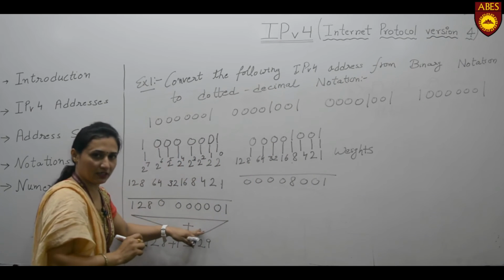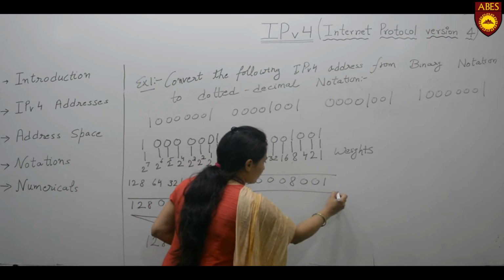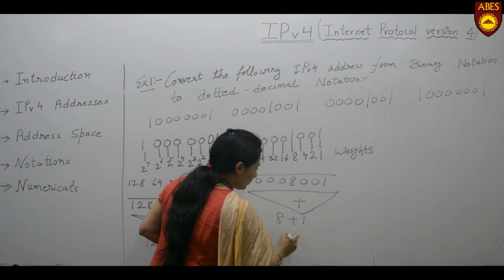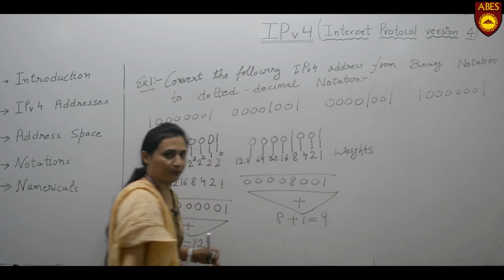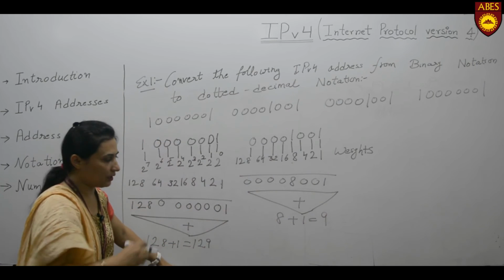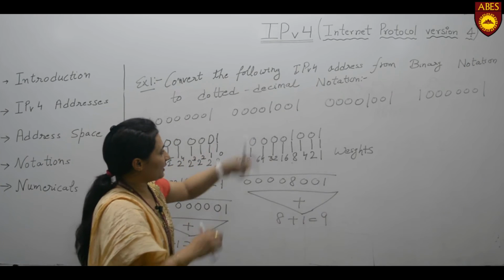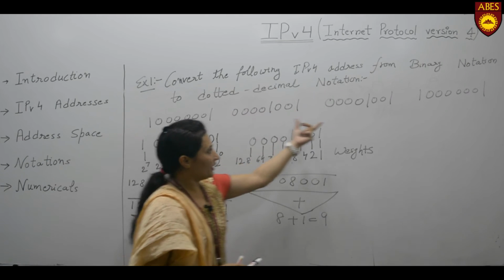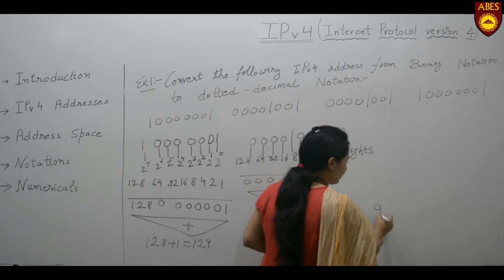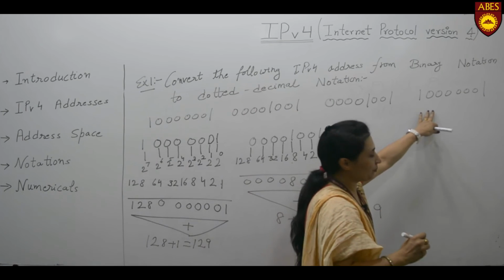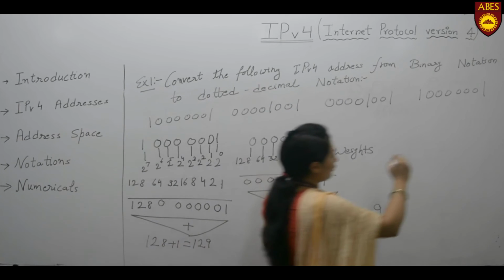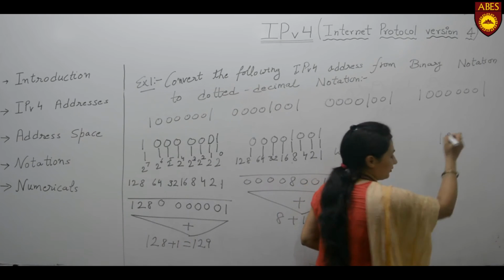And in the next step, as we have done here, we have to add these numbers. So the result of the addition is 8 plus 1, which comes out to be 9. So this is the procedure of converting the binary byte into the equivalent decimal number. Here we can see that in this particular example, this number and this number are the same. So the decimal equivalent will come out the same as 9 for this particular number, and this number and the first byte are the same. So the value will come out exactly the same as the first one, that is 129.